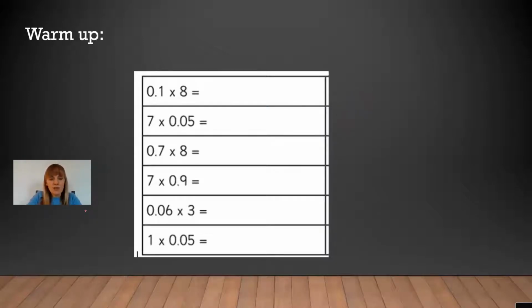Now, these 6 questions I'm going to talk you through. What I want you to do is keep remembering inside about your known facts. We still need those known facts. This is a little trick which works for multiplying your decimals. Now, let's look at the first one. 0.1 times 8. Our mind will be thinking, right, known fact, 1 times 8 is 8. Hopefully we're all thinking, well, 0.1 is 10 times smaller, so my answer is going to be 0.8, which is